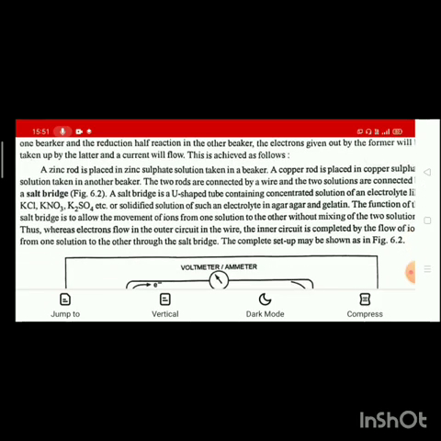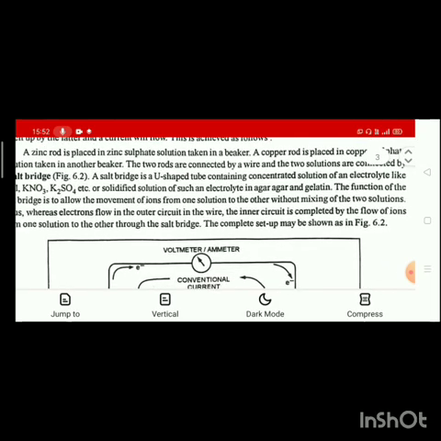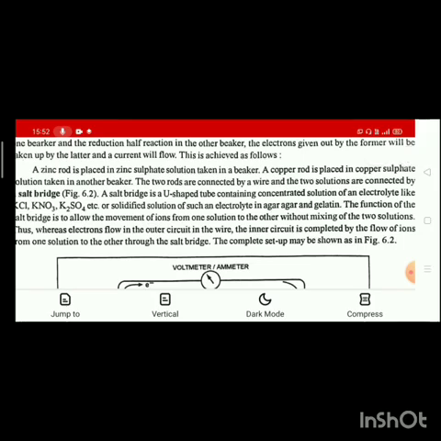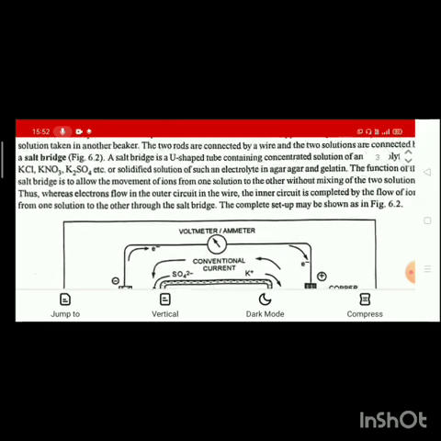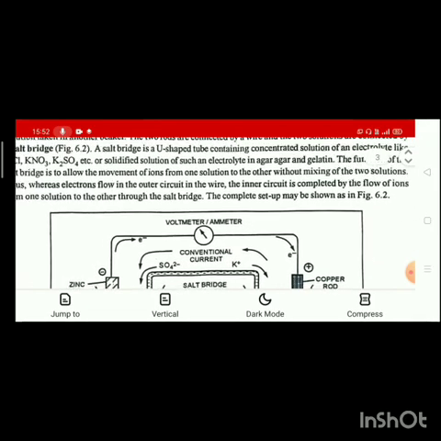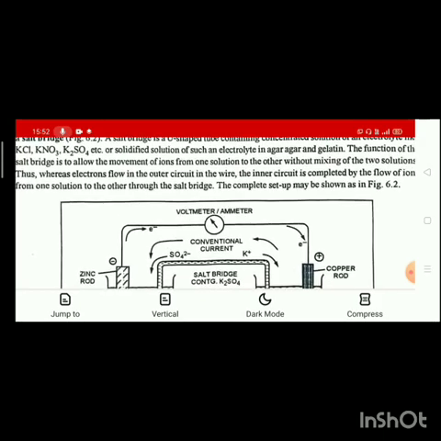A zinc rod is placed in zinc sulfate solution taken in a beaker. A copper rod is placed in copper sulfate solution in another beaker. The two rods are connected by a wire and the two solutions are connected by a salt bridge. A salt bridge is a U-shaped tube containing concentrated solution of an electrolyte like KCl, KNO3, K2SO4, etc., or solidified solution of such an electrolyte in agar-agar and gelatin. The function of the salt bridge is to allow the movement of ions from one solution to the other without mixing of the two